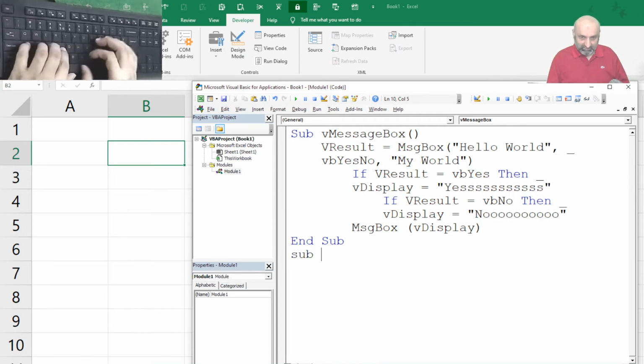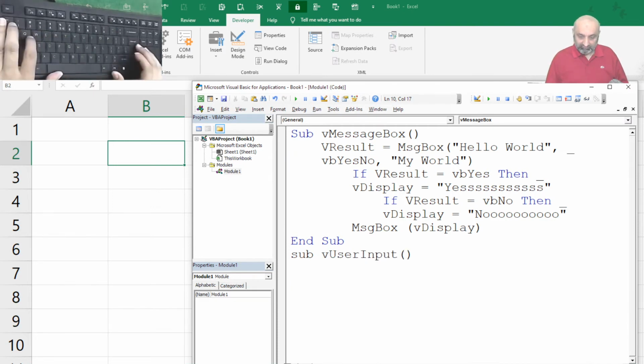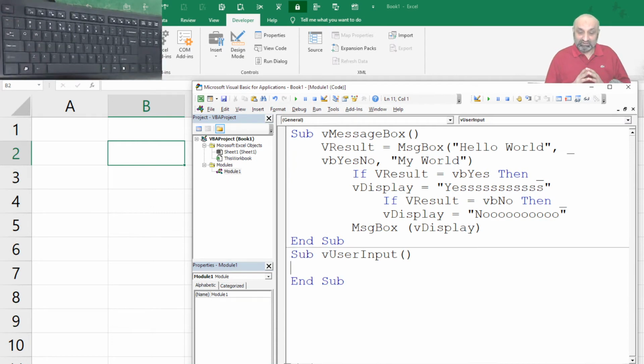So let's create a user input macro. I have put a v so that you can understand it's a variable, it's a name. You can use any name, any word which is not a reserved word. So user input is not a reserved word, it's not VBA, it's my name.